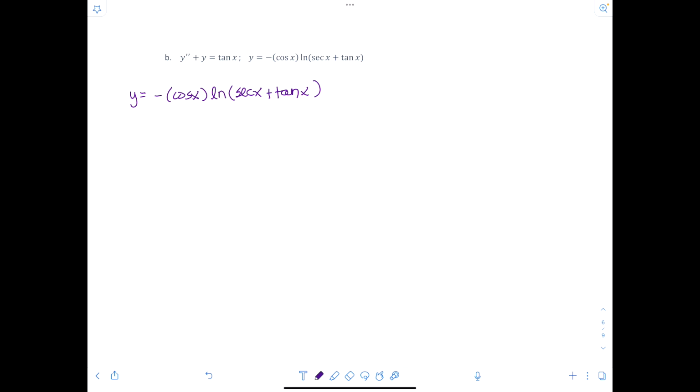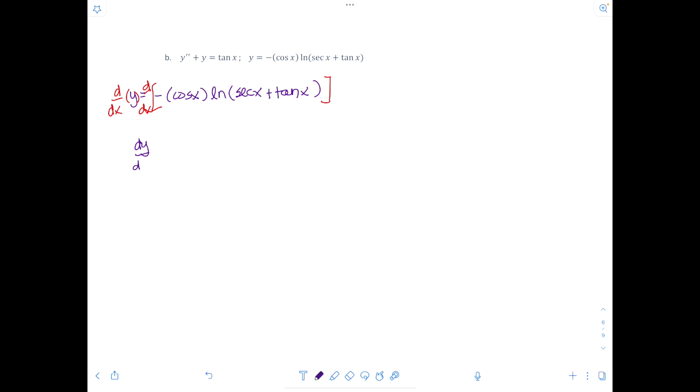So this will give us some review. So finding the derivative with respect to x of both sides, we will have